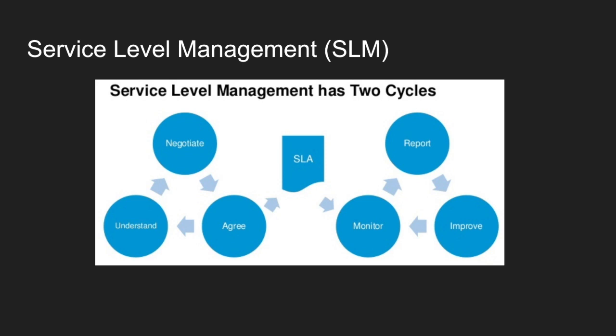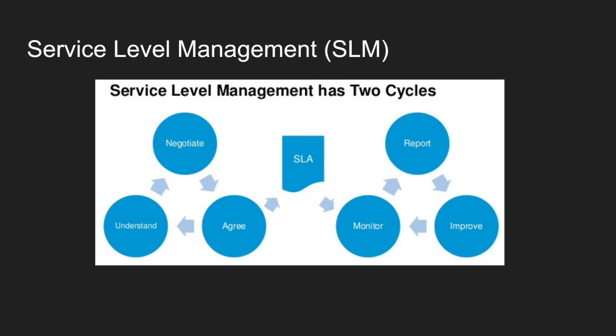Service level management is, again, the parent category that houses the service level agreement, and it's comprised of 2 cycles. In the first cycle of service level management, we would be involved with talking about the different guidelines of how a company might use a service. First, you may begin with negotiating the terms of use. You'd come to an agreement and you'd seek to understand how the service would be used within the context of your organization. This would lead to the creation of a document that is called the service level agreement, which contains those items previously agreed upon.